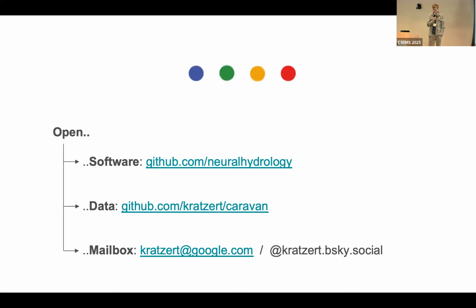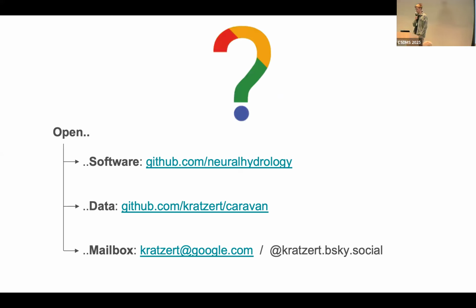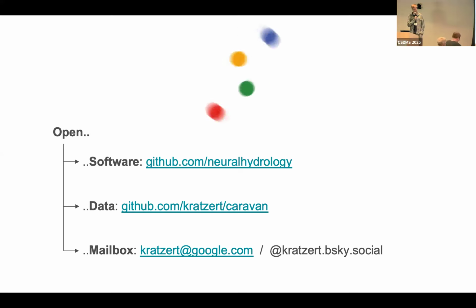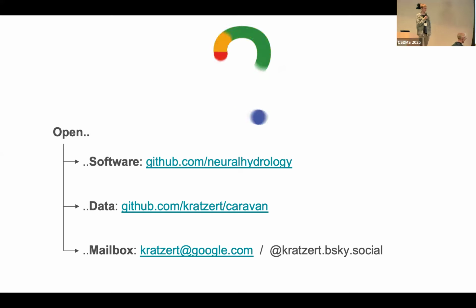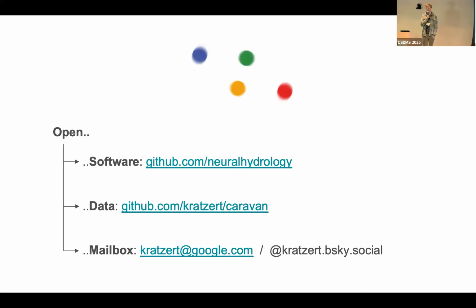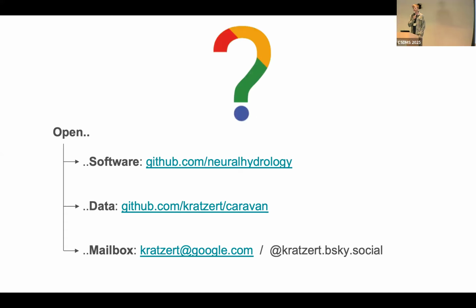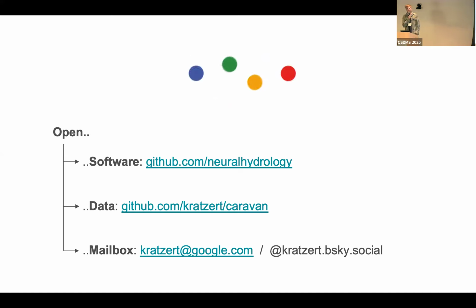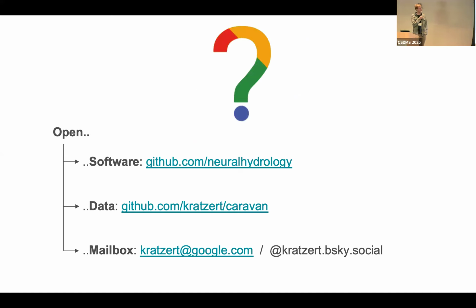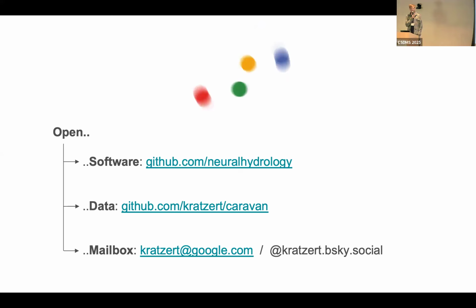Yeah, so the question was, what do we do or what happens if we have events in our forecast that were not part of the training data? So there have been a couple of research papers on this, on predicting extreme events outside of the return periods of the training data. In general, the philosophy of this modeling approach here is that if you train on global data, and we have like 40, 50 years of streamflow data